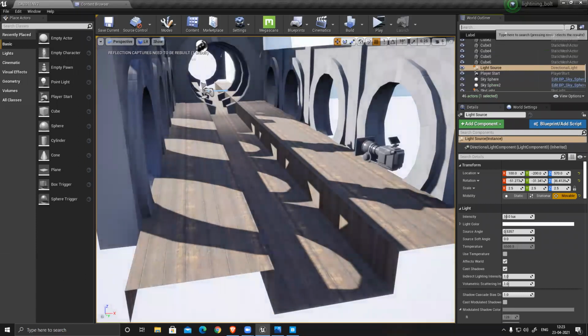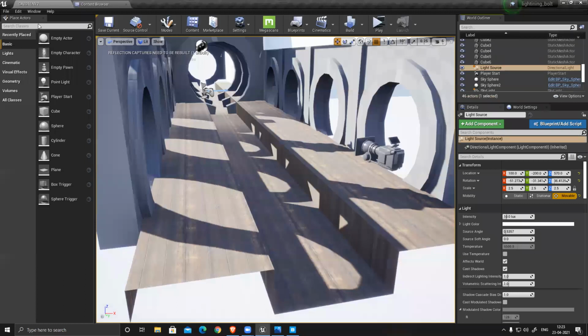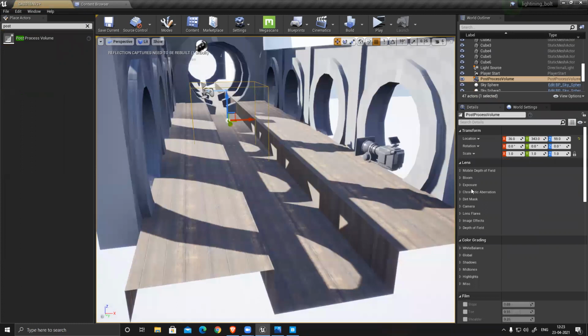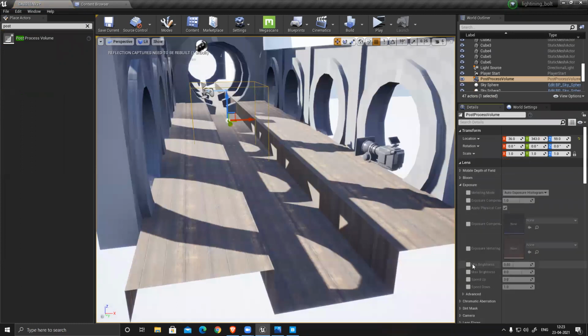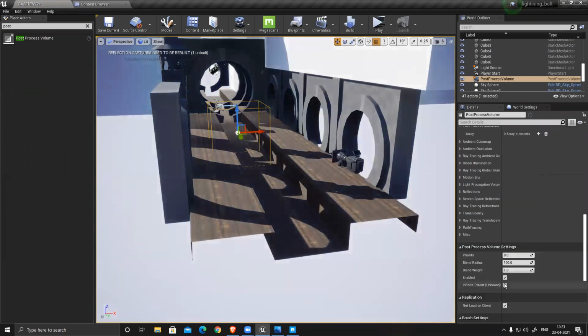Where is the post process? Oh, I don't have a post process. Okay, just give me a second. So I'll apply a post process here. Exposure, make sure both are 1 and 1, and extend it infinitely.